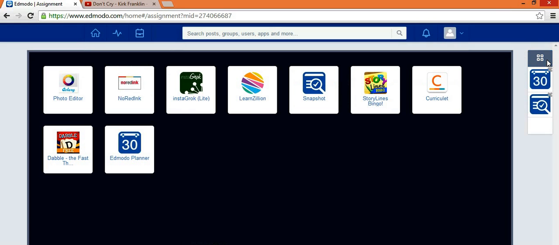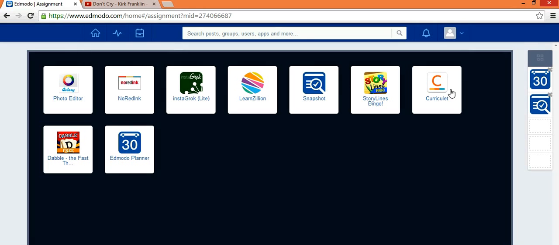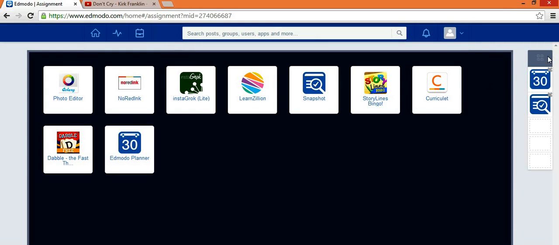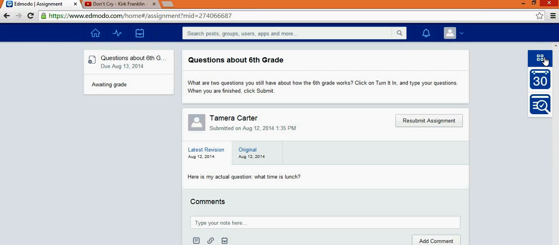Let's quickly look at our apps. I'm going to ask you to go into these apps from time to time, but until I do, just know that these apps are here. These apps are going to help us out with our learning. Now, I want to add a picture. So what do I do? I go to my profile,